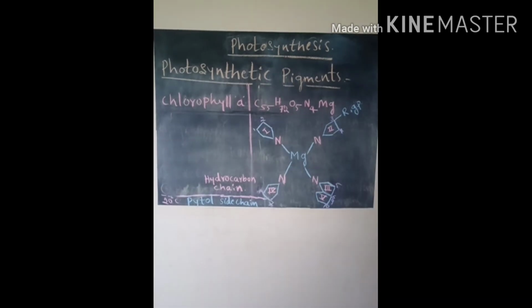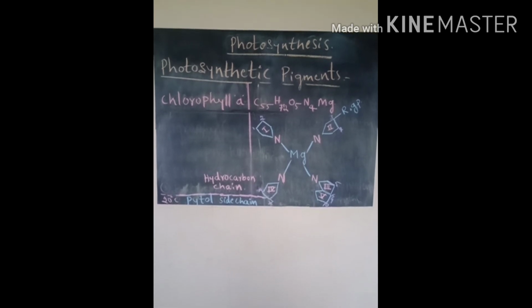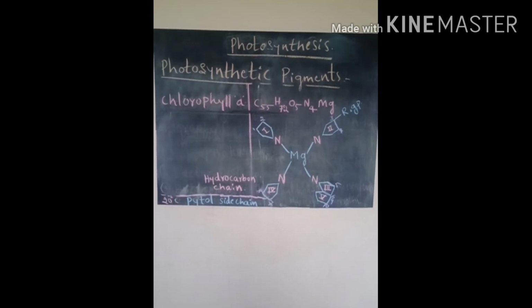At the position of the 3rd carbon atom, there will be an R group, that is an alkyl or aryl group. So that group is present at the 3rd carbon atom position. In case of chlorophyll A molecule, the R group includes CH3. But in case of chlorophyll B molecule, the R group comprises CHO. So that is the actual difference between the chlorophyll A and chlorophyll B molecule.